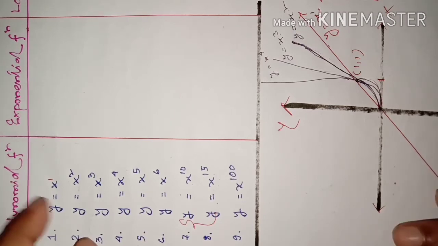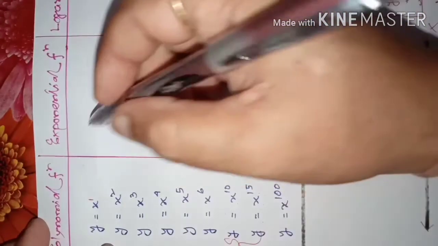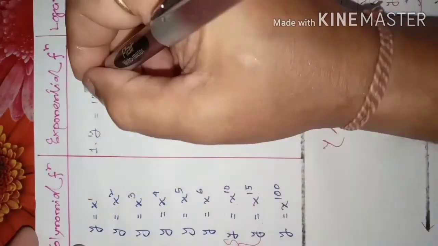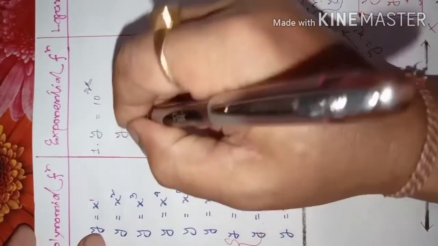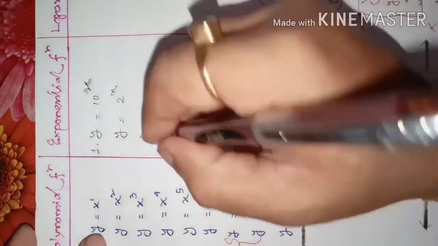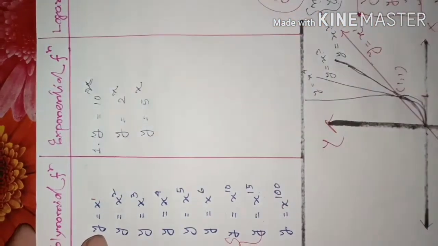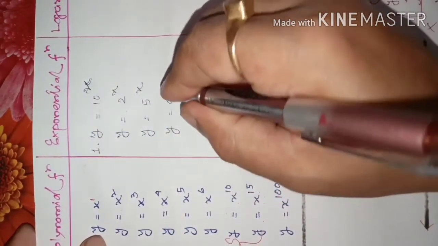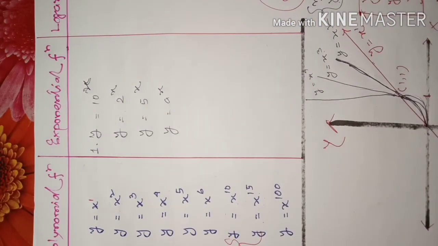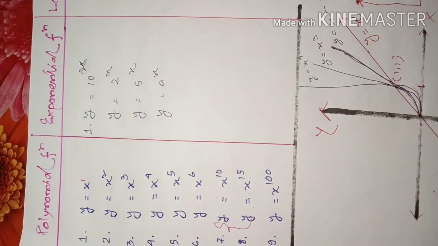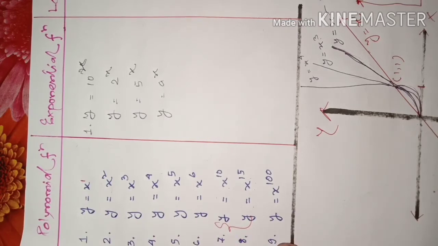Now if we change this, suppose there is a function like y equals 10 to the power of x, or y equals 2 to the power of x, or y equals 5 to the power of x. Means y equals a to the power of x. That type of function I am talking about. Is the growth of this type of function faster than the growth of polynomial functions or not? Suppose we are asked, is there any function whose growth is faster than polynomial functions' growth?